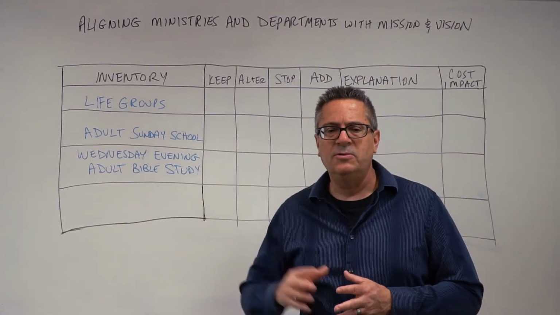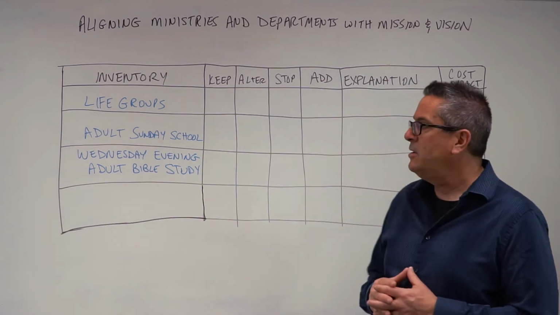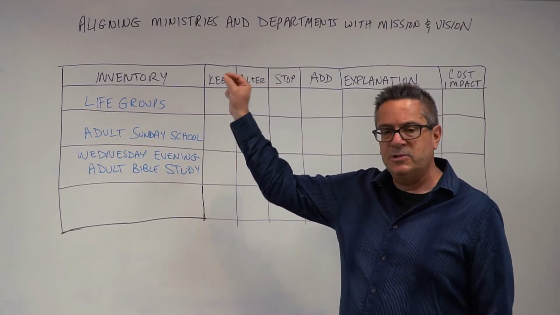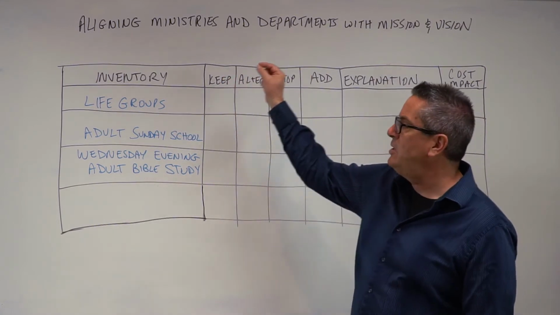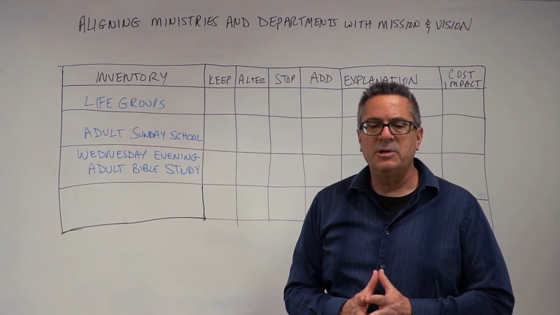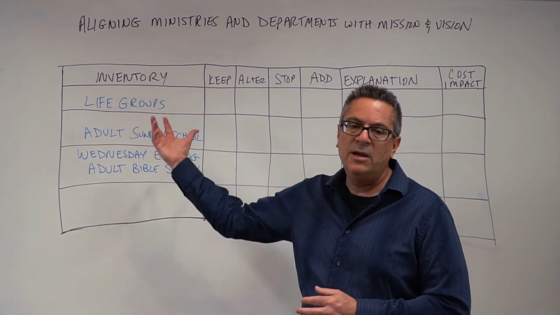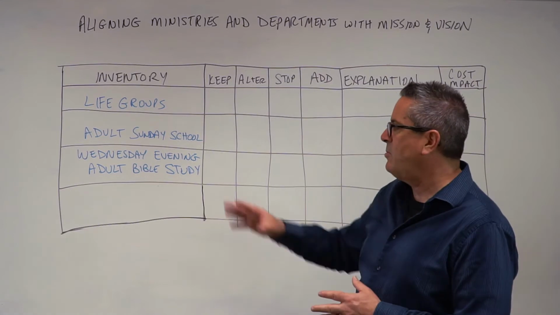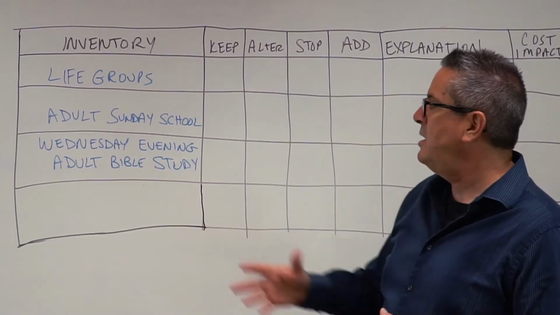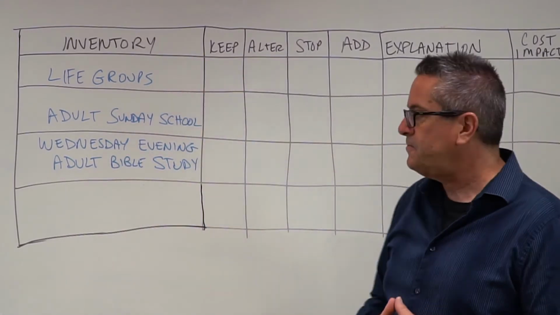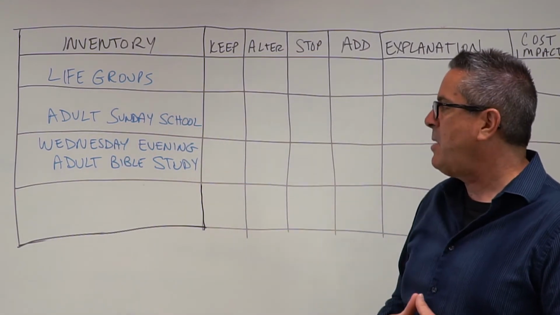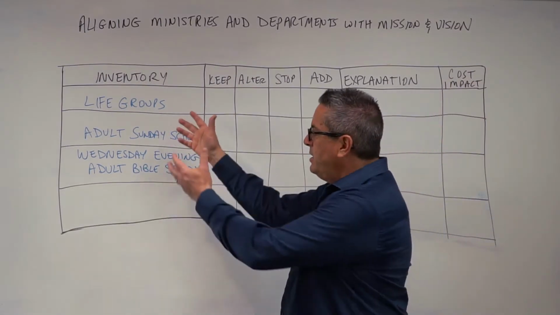And it's a quick and easy tool. We're going to give you an illustration of that. So imagine that this is a fictitious church. We'll call it the First Church of Whiteboard Wednesday. And they have a ministry, and it's adult discipleship. And so the adult discipleship leadership team begins by taking inventory on what things they have going on. And this is probably realistically a partial list, but it works for illustration. And one of the things they have going is life groups or small groups. They have adult Sunday school, and they have a Wednesday evening adult Bible study. So those are three things that they list in inventory.